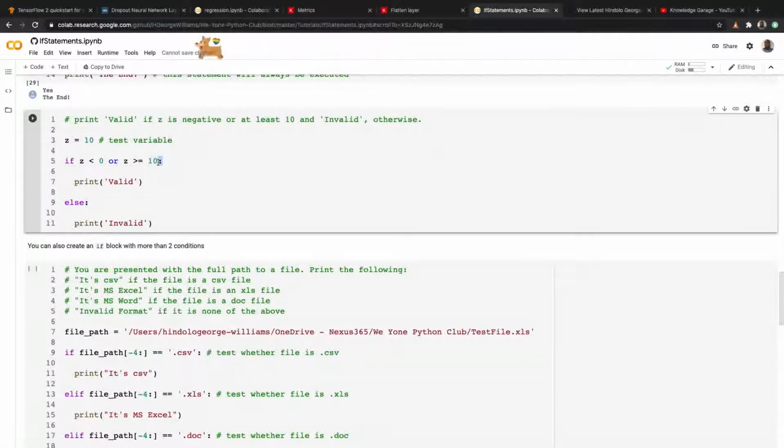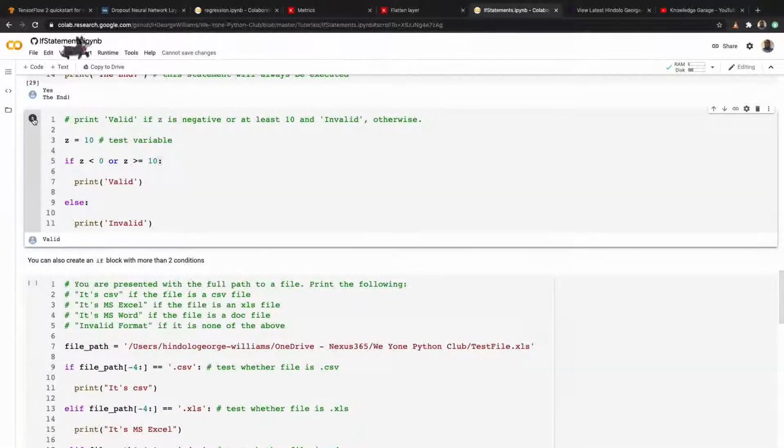Again, put your colon there and take one step inside and print valid. Else, because we said otherwise, meaning if this is not true, we print invalid. And again, it's happening. Okay, so let's say we wanted to say 66, for example. Okay, this is still that. Or let's say 6,